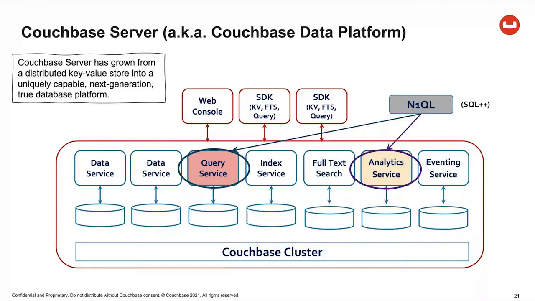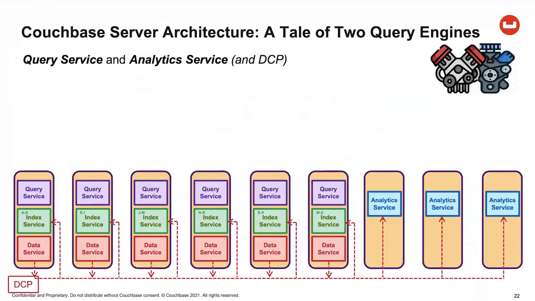Let me just tell you a little bit about what's under the hood of Couchbase Server with respect to implementing N1QL. So there's two services, the query service and the analytics service. And so when you want to do something quick and get it done fast, and you want to do it for thousands and thousands of users, you use the query service. When you have your harder questions, you use the same idea, but you direct it to a different endpoint called